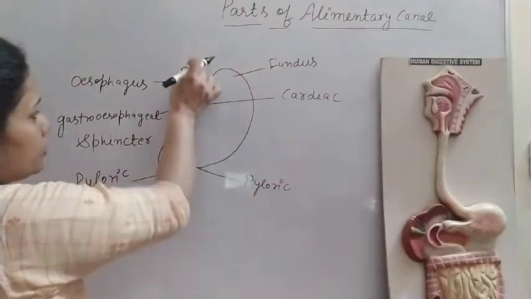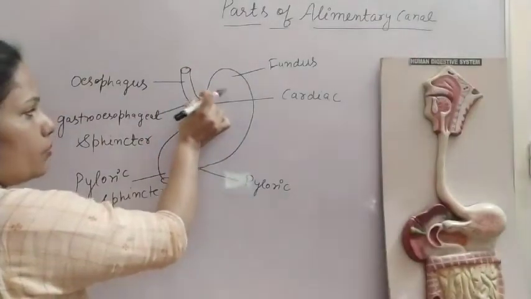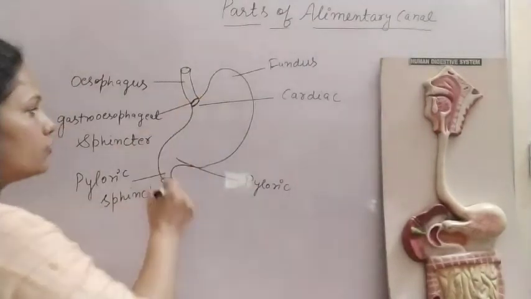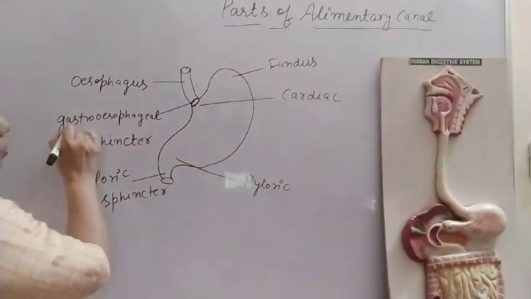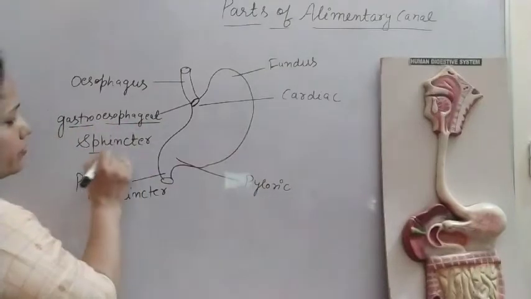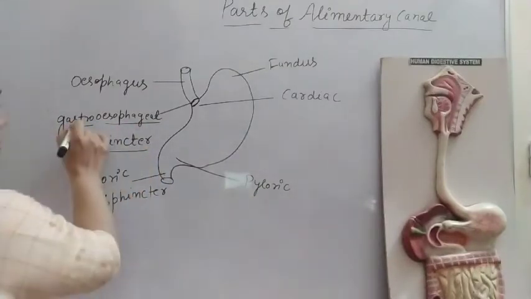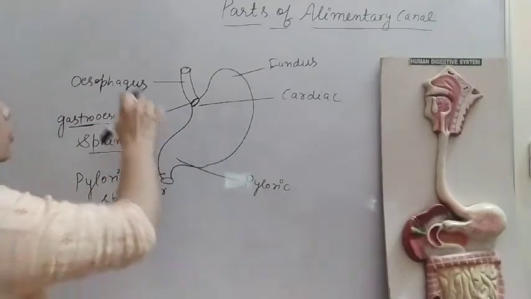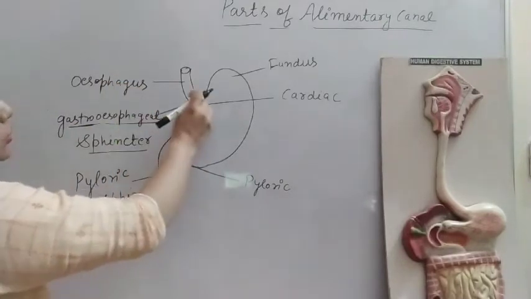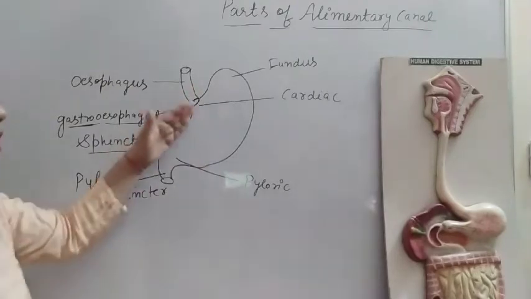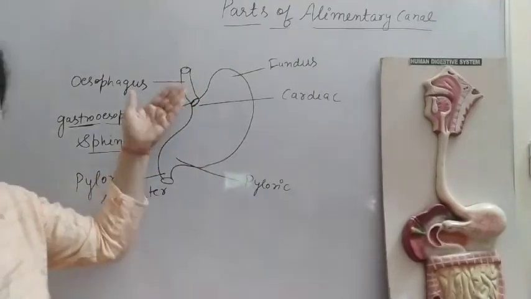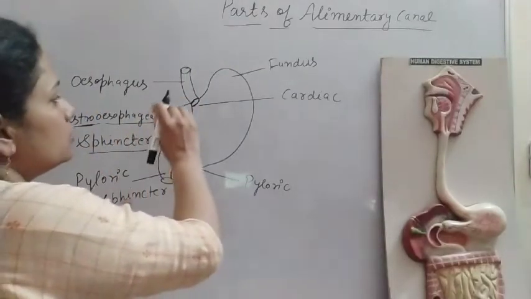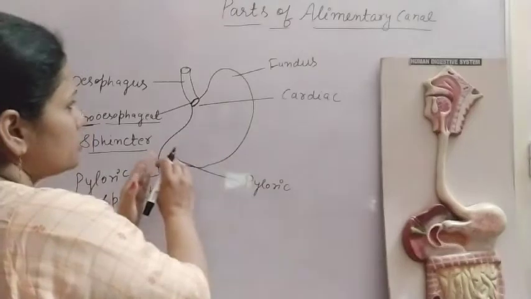So this esophagus opens into the stomach, and here one valve is present, and that valve is known as the gastroesophageal sphincter. The word gastro is related to the stomach and esophageal is related to the esophagus. This valve regulates the opening and closing of the stomach. Then this J-shaped structure is the stomach,